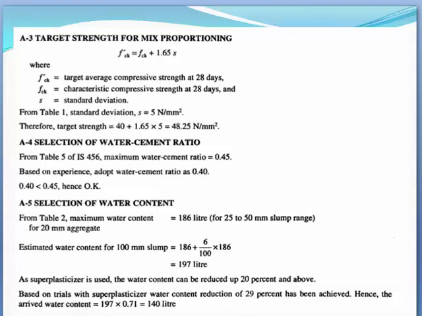Now, as per the continuation, in this selection of the water content, we have derived 140 liters, that means 140 kgs per cubic meter of the water content. The water cement ratio was fixed as per the experience and as per the recommendations which are given in IS 10262. It is 0.40 we have taken, and the target mean strength is 48.25 Newton per mm square as per the standard deviations which was taken from the IS 10262. So students, further continuing this question,